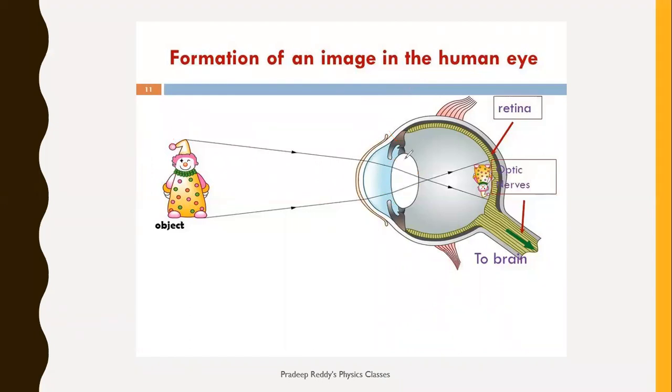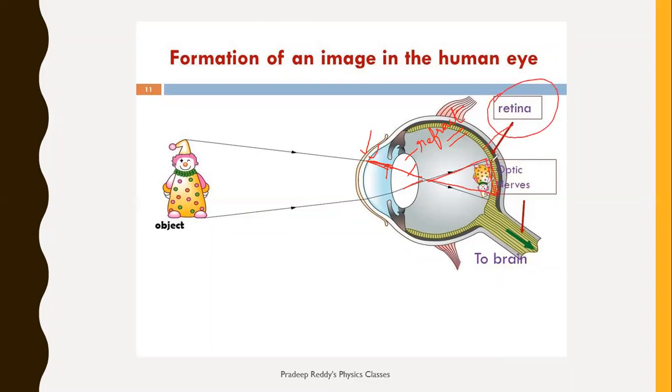Now the light rays which are coming over here first pass through this layer, and then this layer, and then the pupil, and then the eye lens. What does this eye lens do? The eye lens refracts the light rays. Because of that refraction, they slightly bend. Of course, this liquid also refracts the light rays. They bend, and finally these light rays are received by the retina. This part is the retina.